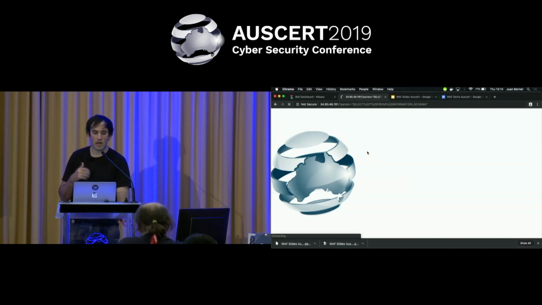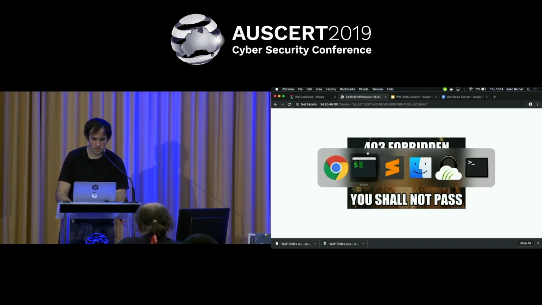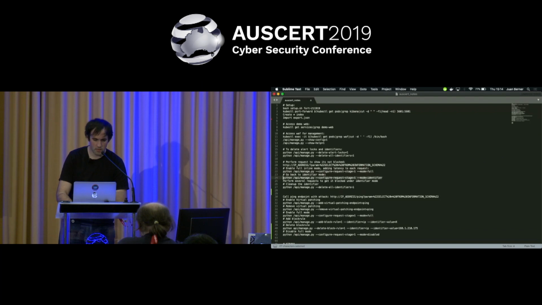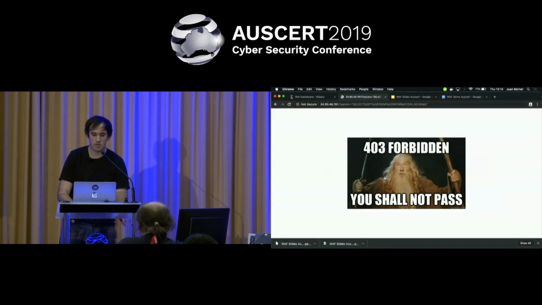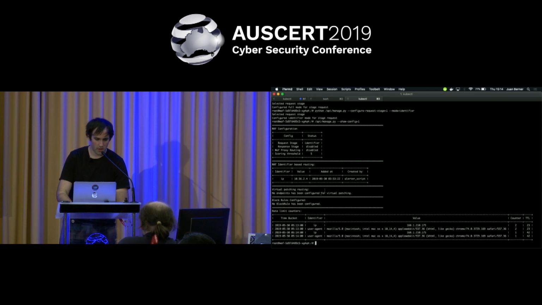But of course, every request is adding latency. So you can see it took a lot longer. And now, okay, it's blocked. This is great, but we actually care about latency in this case. So what I will do is change the mode so that now we see that it's configured as